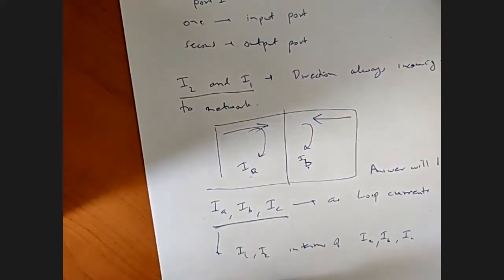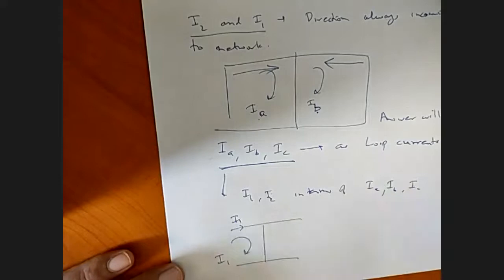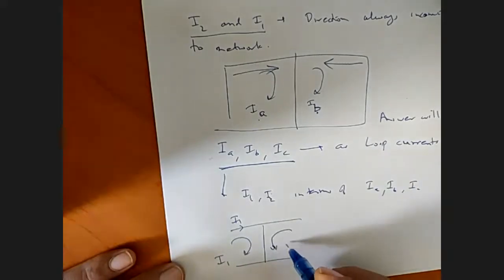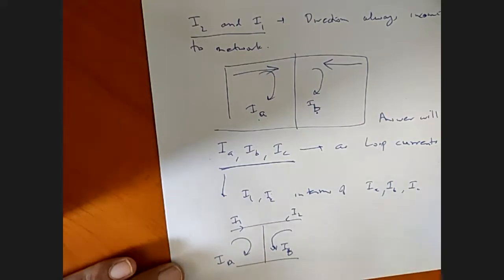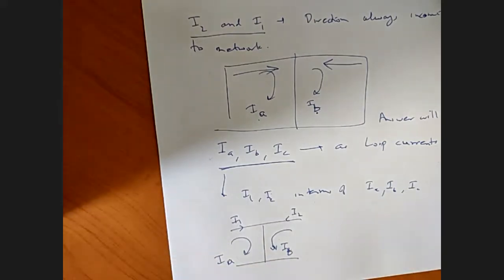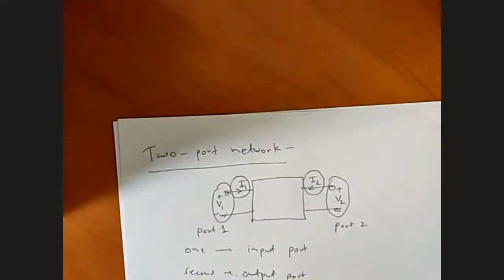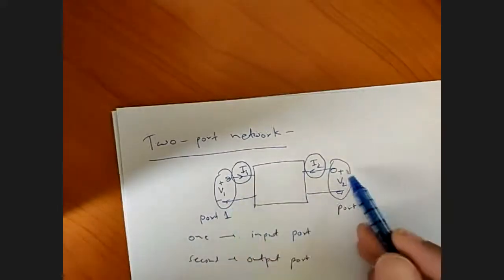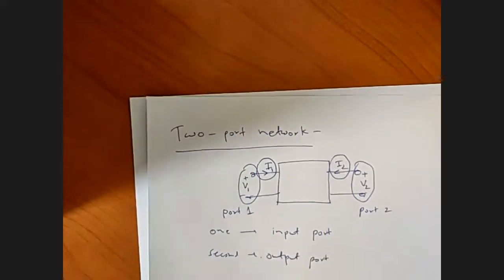Generally, like this is the network. We consider that this is I1 because it is I1. But then you have to consider this as I2 because this is I2. So I always say that you consider it as IA and IB. So when you are writing two-port network equation, you have to remember the direction of current and polarity of the voltage. Else your answer will become wrong, irrespective of whether you have solved the complete thing right.